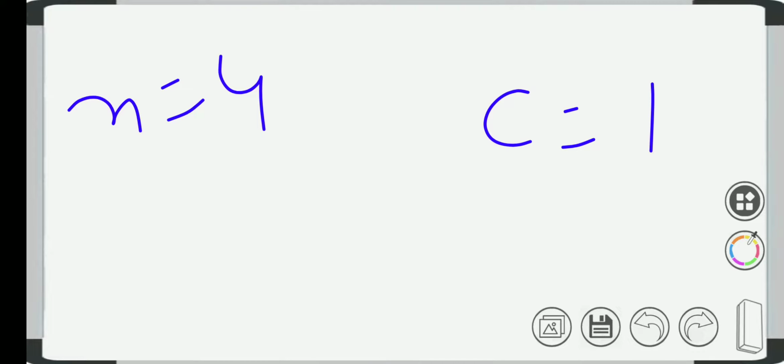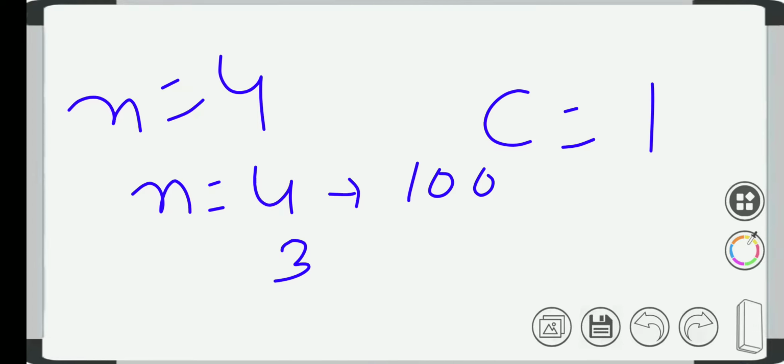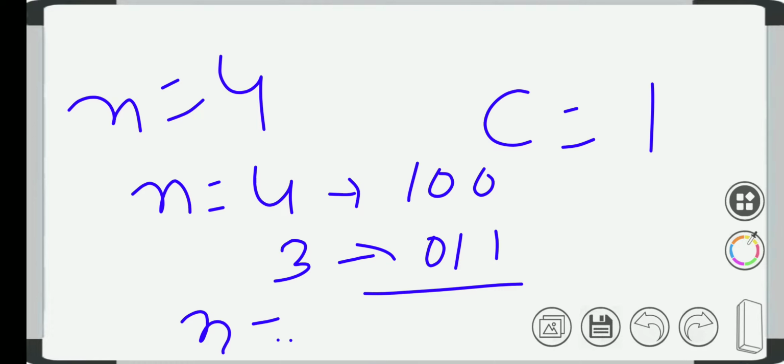After this, n is equal to 4 and n has been decreased by 1, so 3. The binary representation of 4 is 100, and 3 has binary representation 011. Here we store the result directly into n.